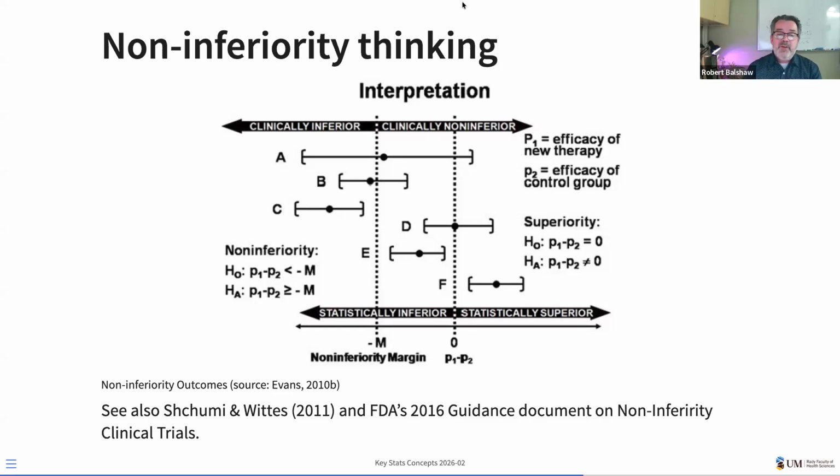So if your confidence interval for the effect size is a negative number, where 0 is no difference, the probability of a positive outcome is being estimated to be negative, but our study was a little bit imprecise, and the confidence interval for that difference in proportions ranges from a very large clinically inferior result to a clinically